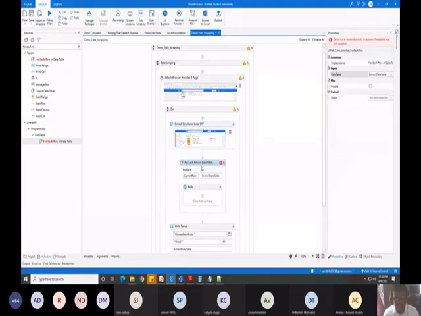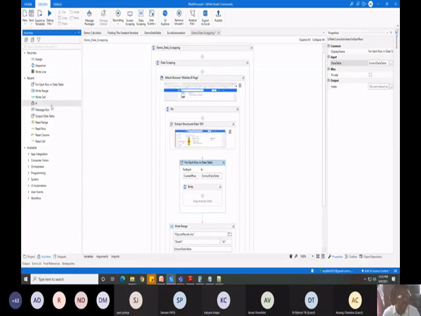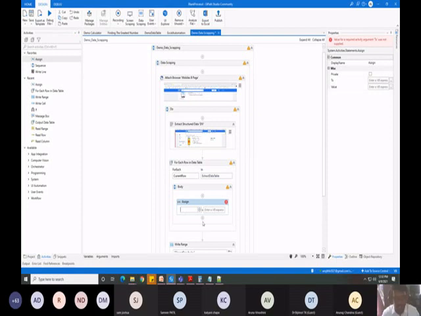You have to give the input as the data table. What is the data table? Extract data table, that is the variable name. I've given it. So now what I have to do is assign a variable, not a variable, that is current row